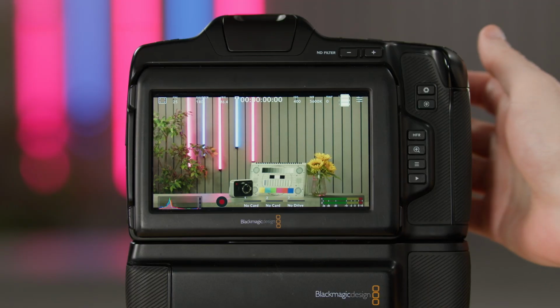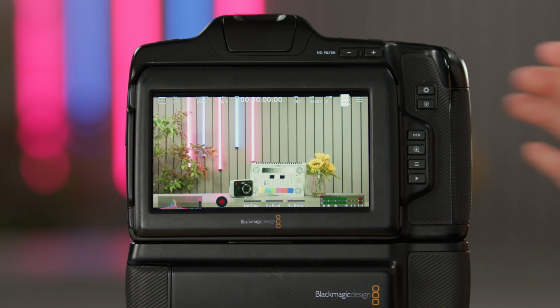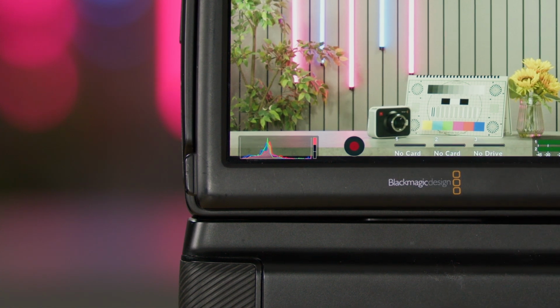You can use this to check clipping in your image shadows and highlights. When clipping occurs in the red, green, or blue channel, the respective indicator on the right side of the histogram lights up. As you can see, when I open up the aperture of the lens, the red channel is the first to clip in this scene, as shown by this red indicator.